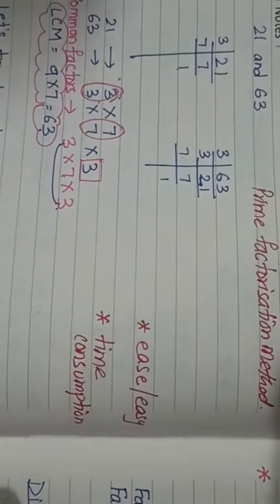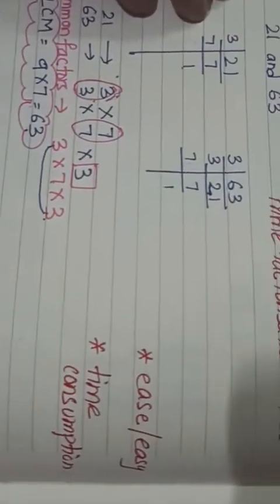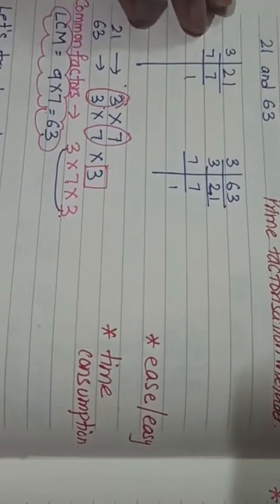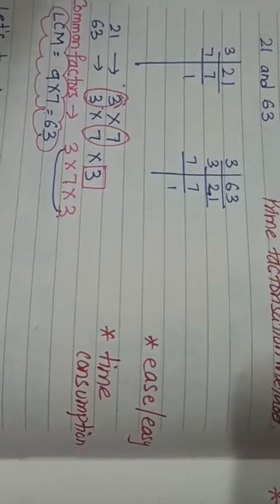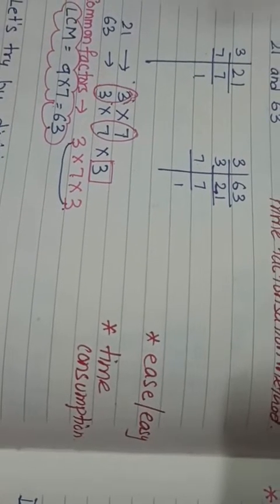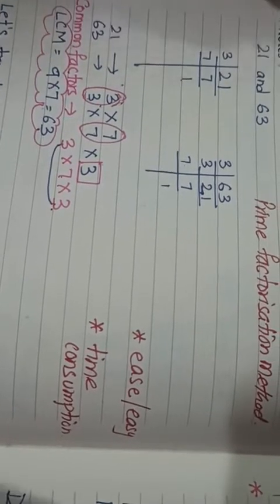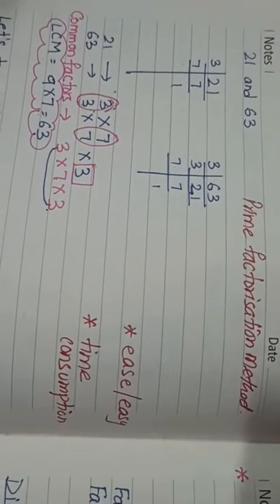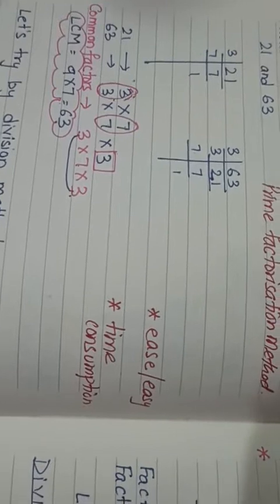Usually we try this by the division method, but some students find the prime factorization method also easy. So it's totally up to you. You will never be asked to find the LCM by a particular method. It's only the LCM that is required. You should know how to find the LCM. So it's totally your choice which method you want to adopt. Initially you will be practicing both so that you know which one is your comfort level. For knowing that, you have to practice both first.